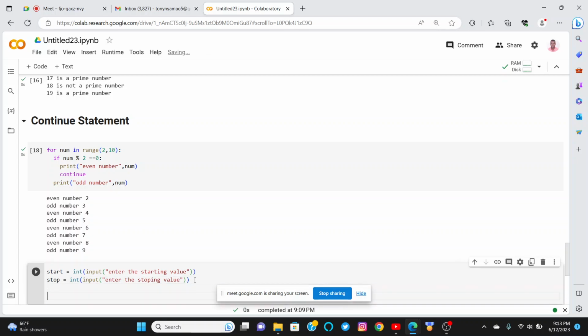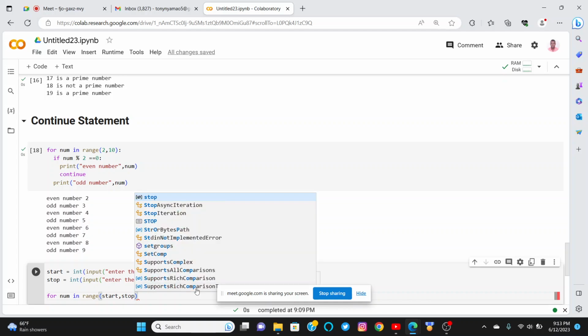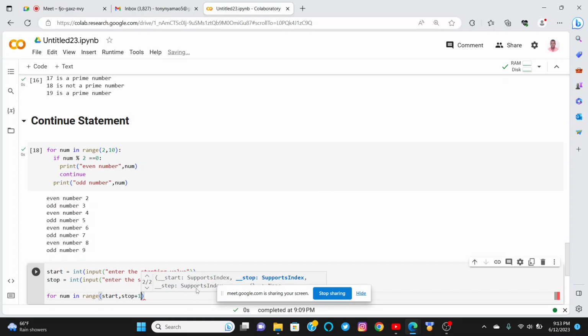Then you come and you define your condition, which is for num in range. We defined our range, which is the start and stop. So in this range, it has to add +1 so that you can get the next sequence number. So +1,